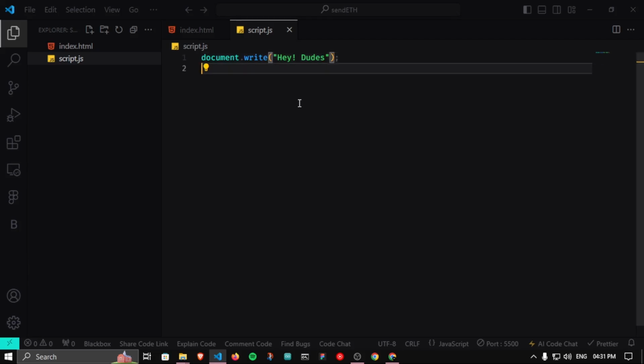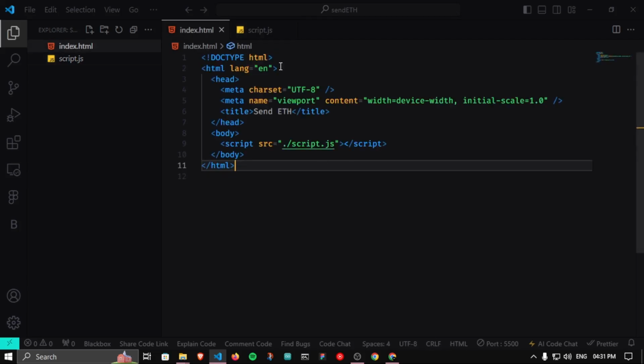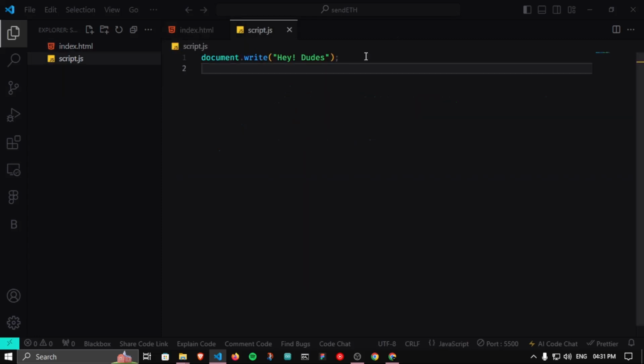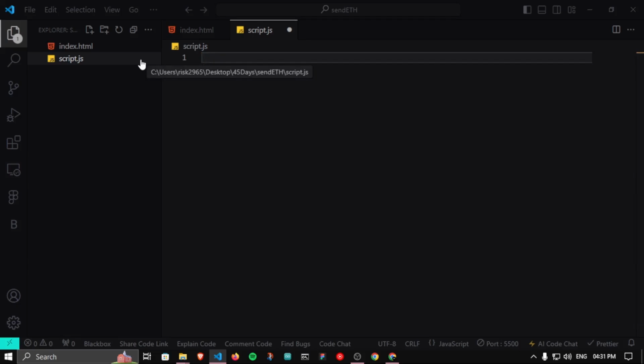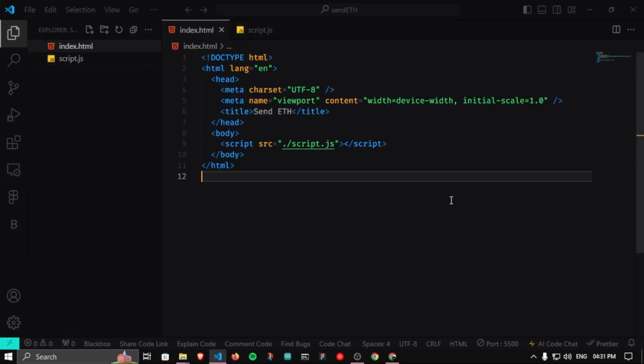Okay, and the title for our file is here, send ETH. So this means our live server is working, our index.html is working, and our script.js is also integrated successfully. So now let's proceed with the actual further steps. Just remove this text, save the file, come back here,